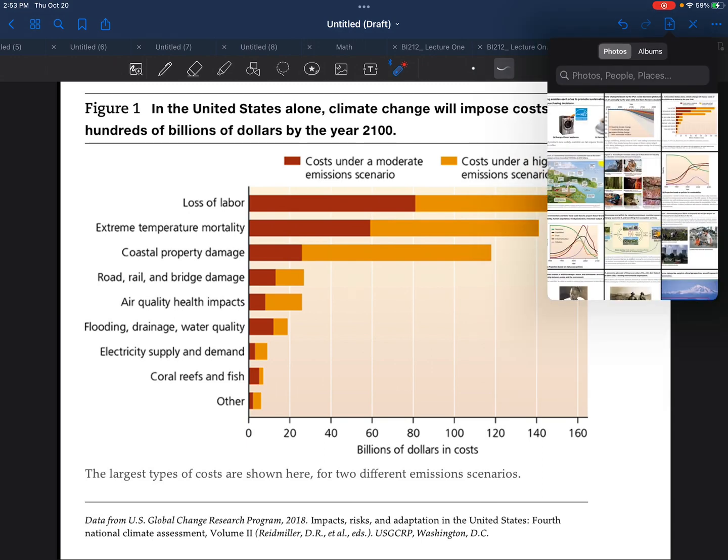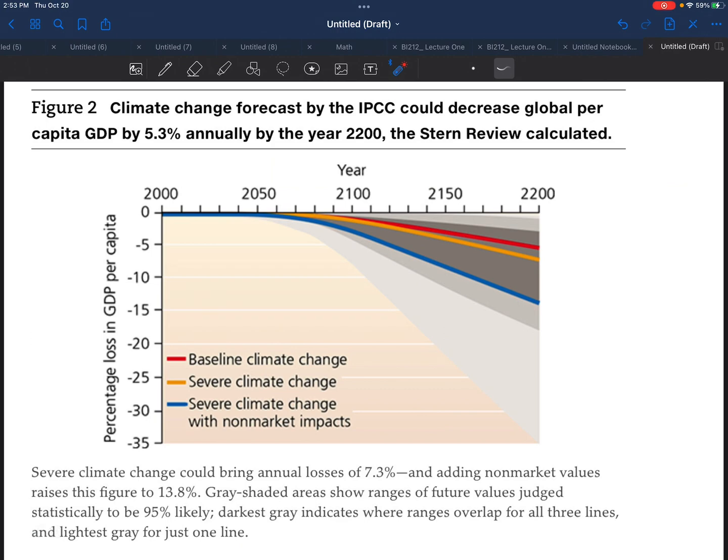And then another image shows something very similar. If we have the gross domestic product, this is the amount of goods and services. Traditionally, if that's not growing, everybody panics, just general panic because people aren't buying stuff and using it. And when we see how that is going to be affected by climate change, we can see that our gross domestic product is going to decrease. So there are just going to be fewer goods and services in the future that we can produce because we're losing resources and we're having to negate all of the negative effects of climate change. So these are just some things that environmental economics takes into